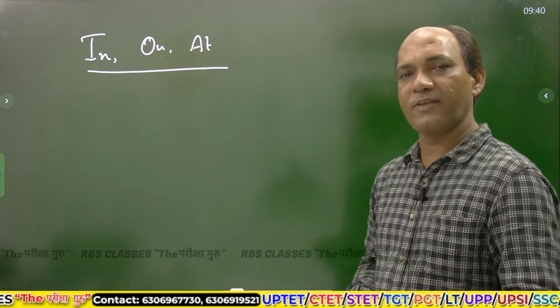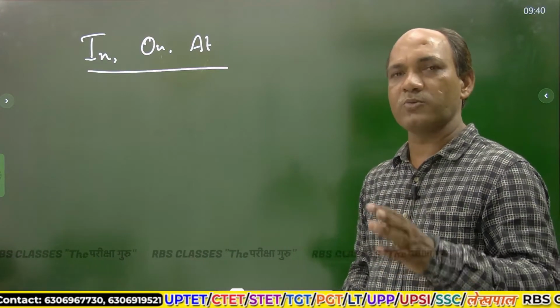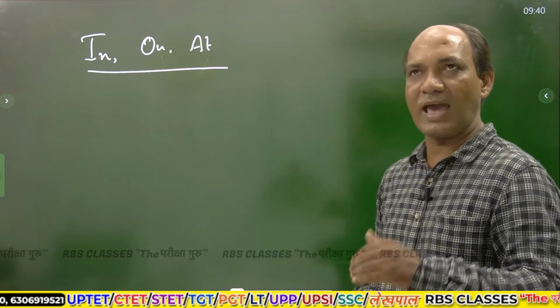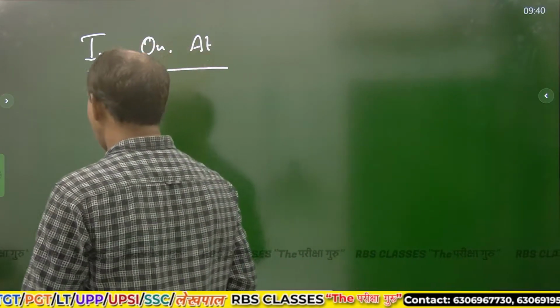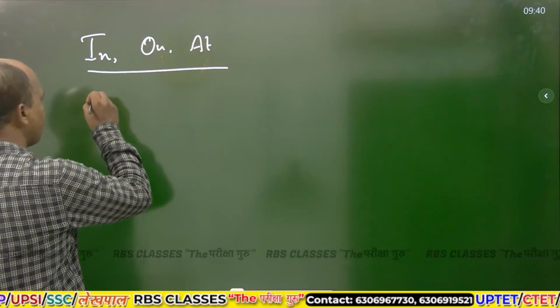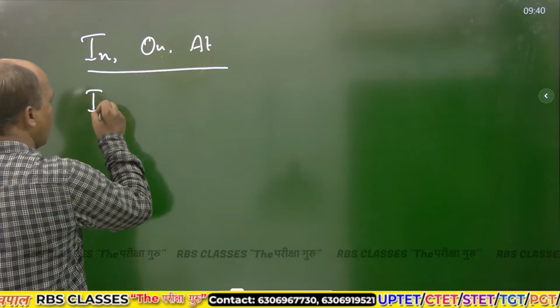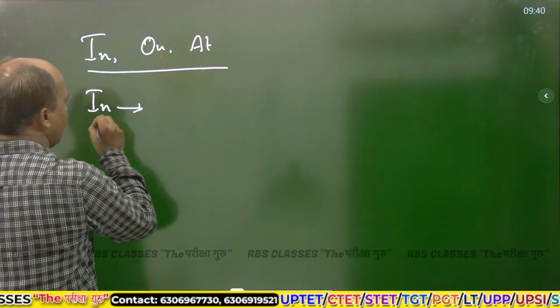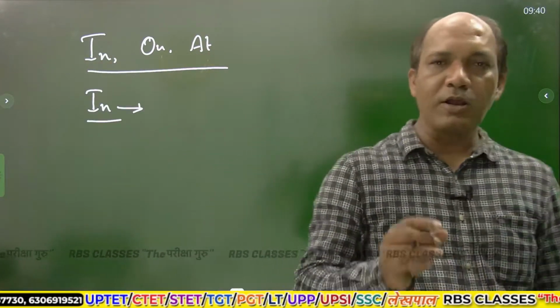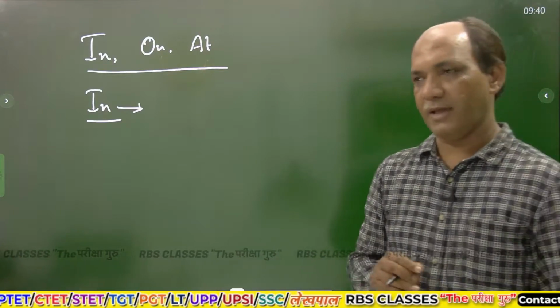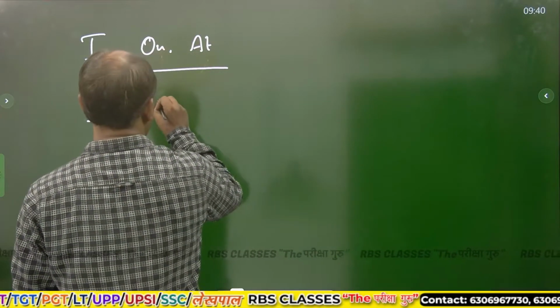तो इन, ऑन एंड एट, these are the prepositions of place too, but here you are going to study these prepositions as prepositions of time. टाइम के रूप में देखिएगा और किसी रूप में मत देखिएगा। देखिए इनका जो यूज होता है वो मोस्टली पर्टिकुलर पीरियड ऑफ टाइम के लिए होता है।